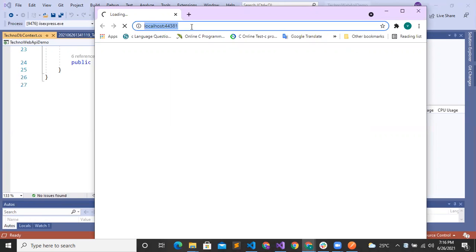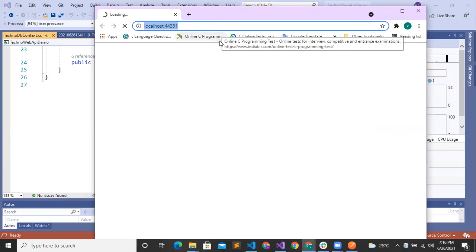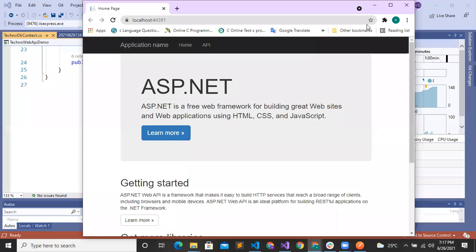Just copy the address. Our web API application has started.